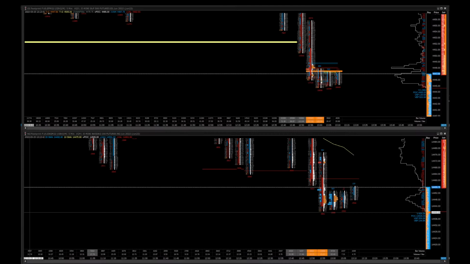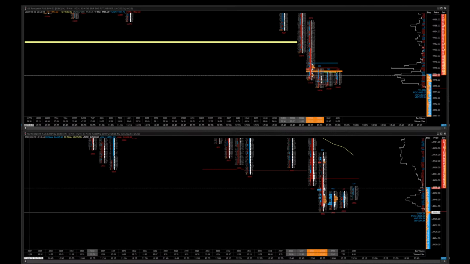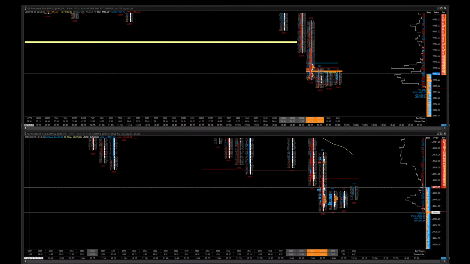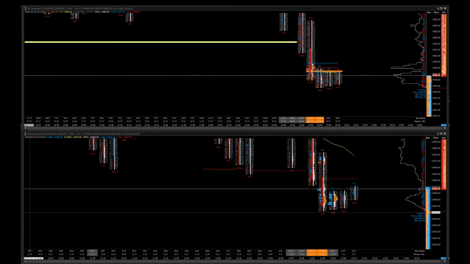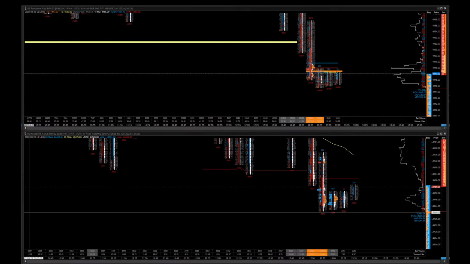So you often see huge delta divergences like that. And they often result in blow-offs. And so in the following days, price usually does come back, but that's usually when weak players are like, well, it's so obviously going up now, I'm going to buy the dip. And so what they've induced now is confidence in the